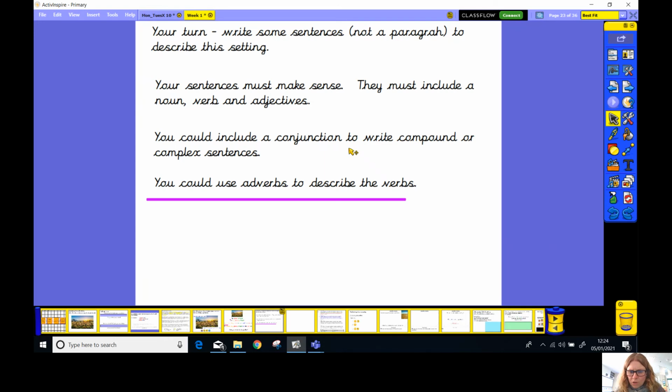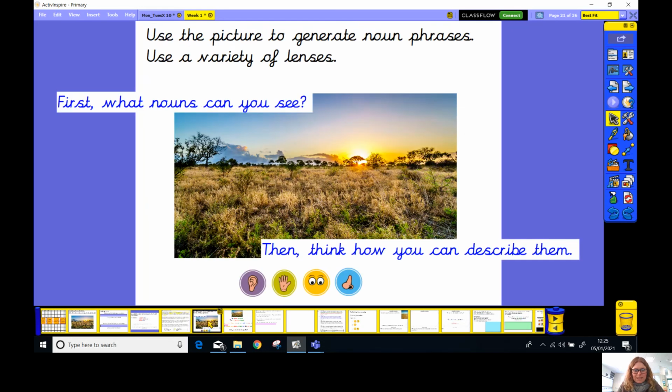All of these things we've done lots before, so I'm going to expect some really good sentences, and I want you to be really precise in your words that you're going to use to show me your description. So have a go now and again, and remember, it's not about how many you write, it's about the good quality of the sentences. And remember to check that they do make sense. Read them to your grown-up to see if they like them. Okay, pause the video now on this scene and get writing.